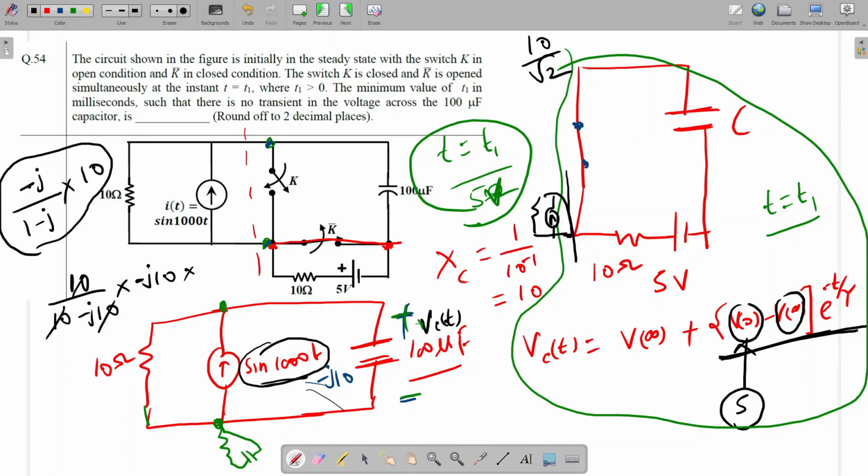Okay, what will be the angle? See, minus J, the angle will be minus 90. At the top, what will be the angle? Minus 90. For 1 minus J, what will be the angle? We will write in coordinates. This is 1, and this is minus 1, so the angle is below 45, it will be minus 45. So the total angle will be minus 45. So we can write the sine value as